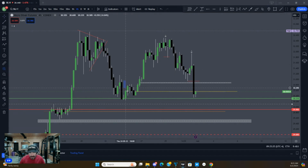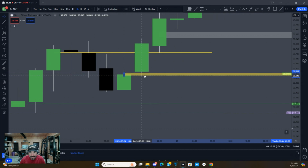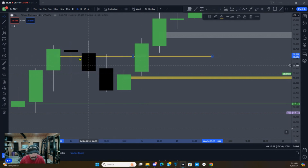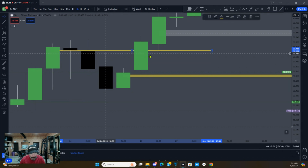I'm going to zoom in on what happened here, okay? Just a couple wicks hanging out. All right, that's volume imbalance. There's another one up here. I was actually making the video and I was going through saying, look, body, there's no wick, body. Oh, whoa, there's a gap right here. So I drew this little line in there. Look, it respected it. It respected that 1, 2, 3,